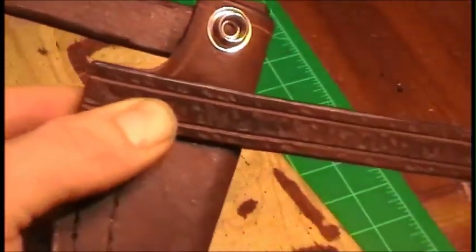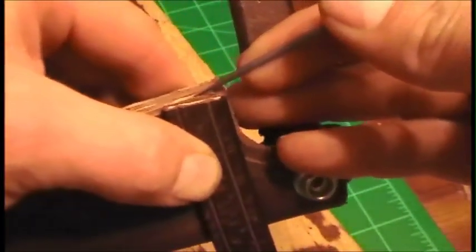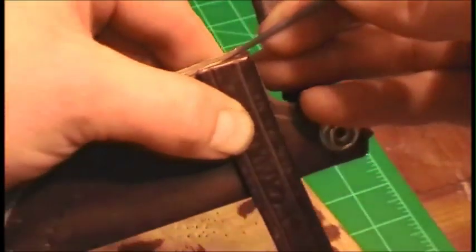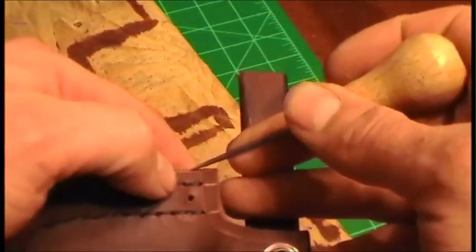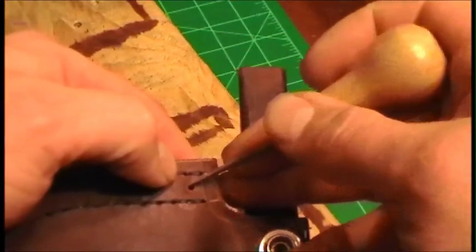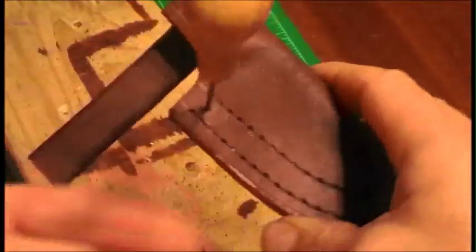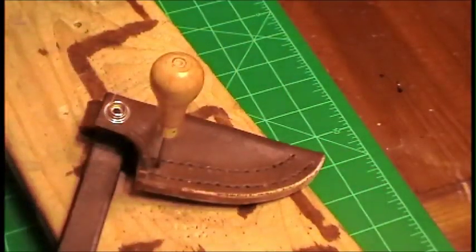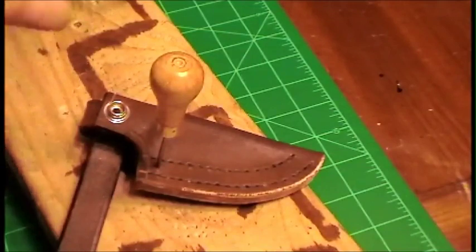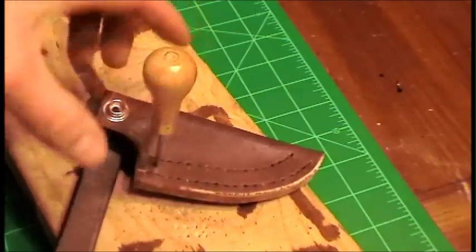And then what I do is I turn it sideways, place something right in the center of my strap, move it out of the way, bring it down, and I know that I want my hole to be center of my stitching. So what I've done is I've figured out where I wanted to mark that hole. I've gone ahead and pressed my awl through it,